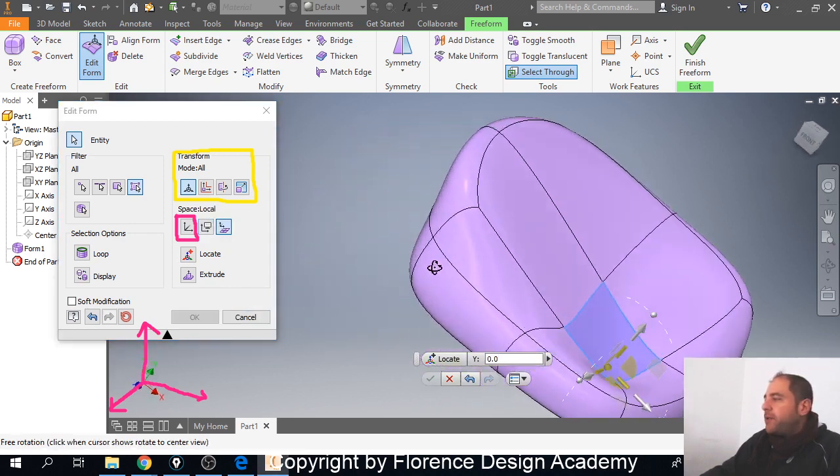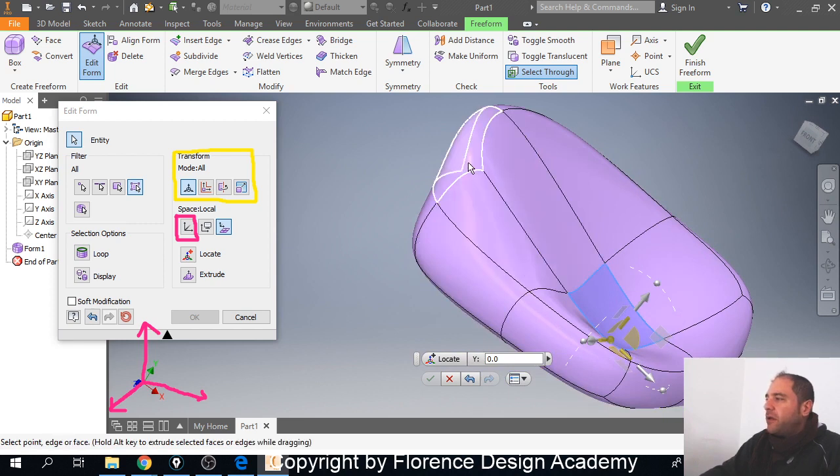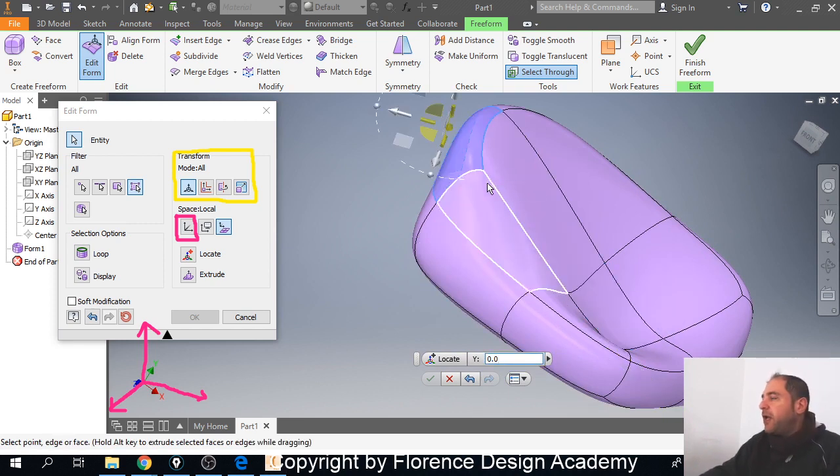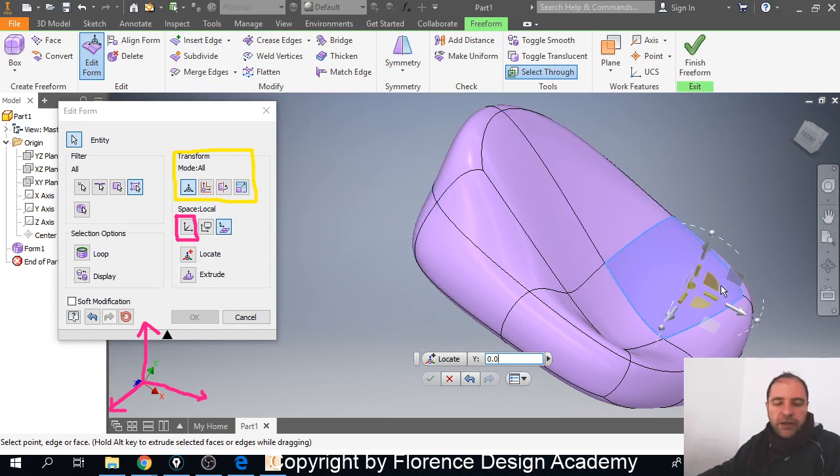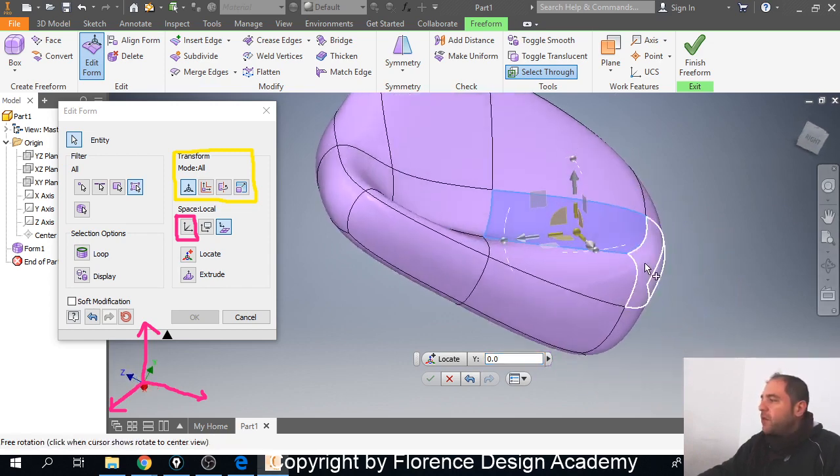So what happens is that if you have different angles with different orientations, coordinates will follow instead the